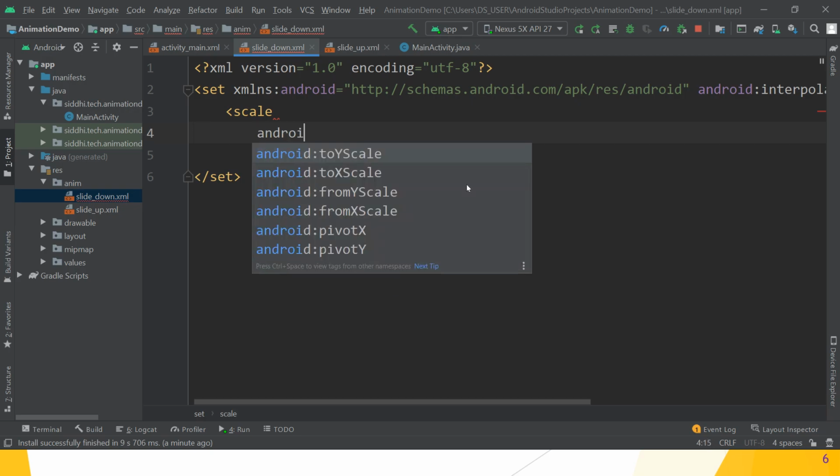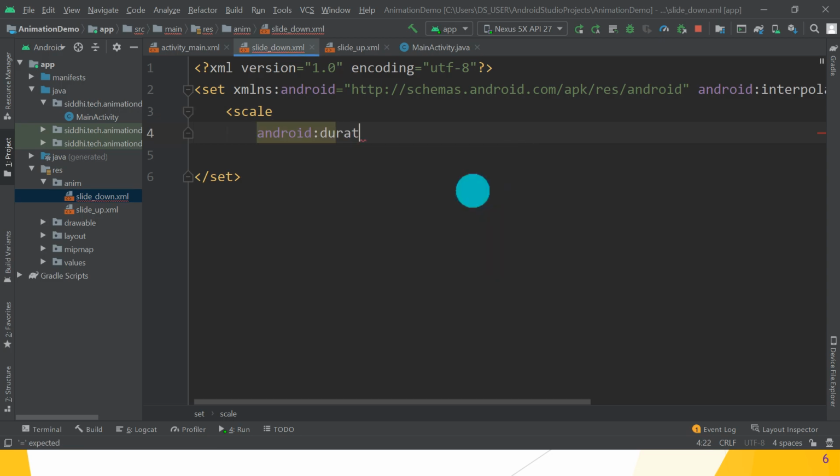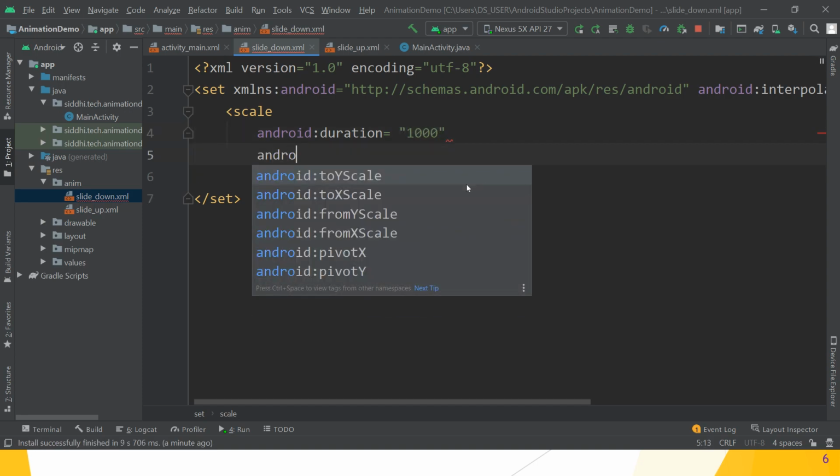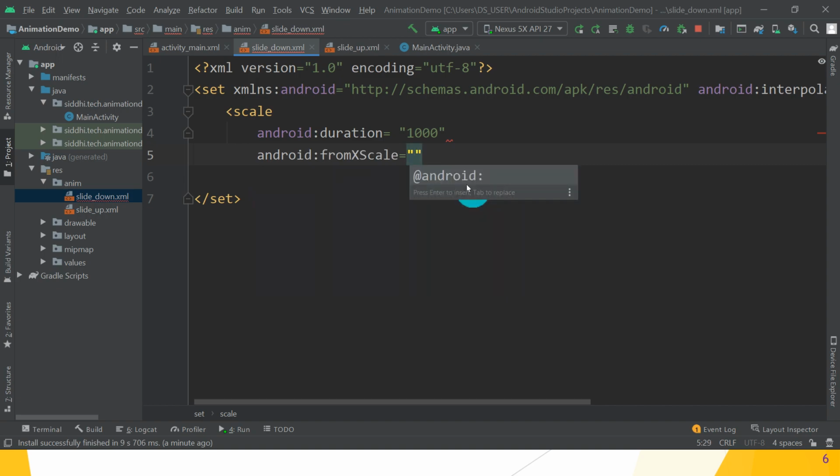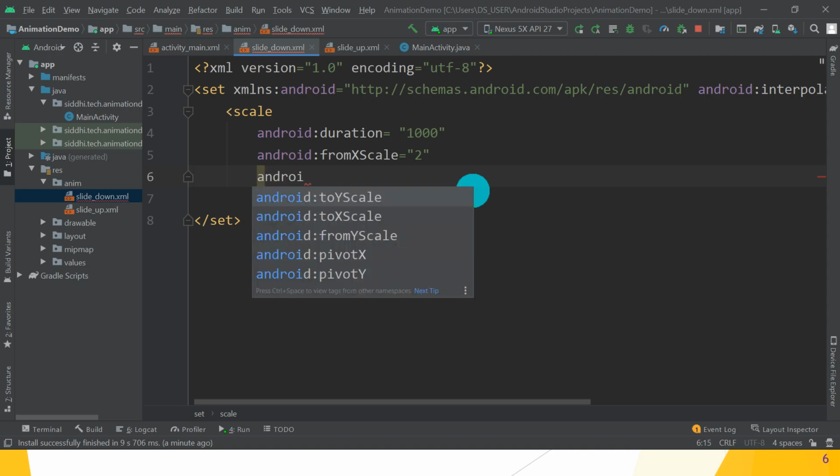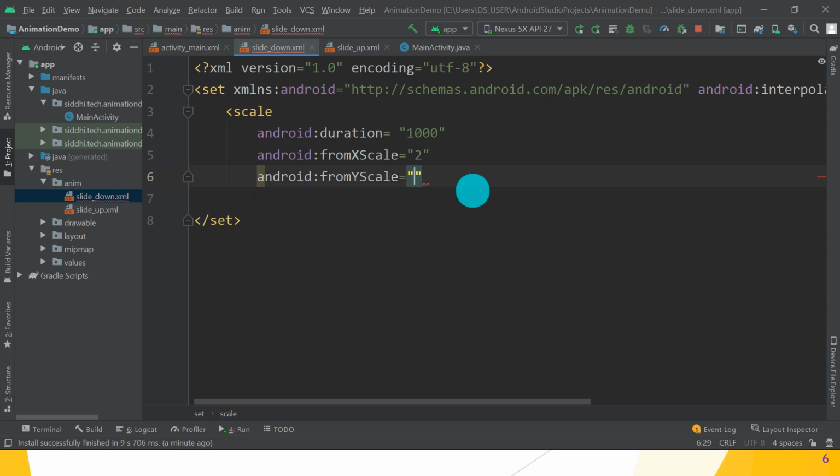android:duration is equal to, pass the duration, suppose 1000 milliseconds, then android:fromXScale, suppose 2, then android:fromYScale, it is also 2.